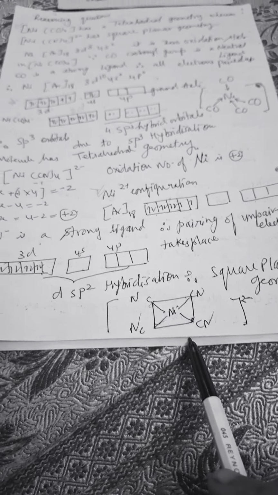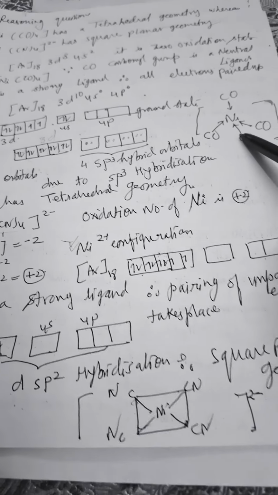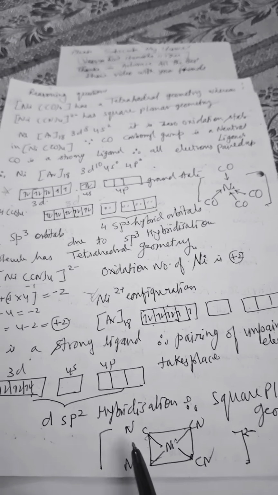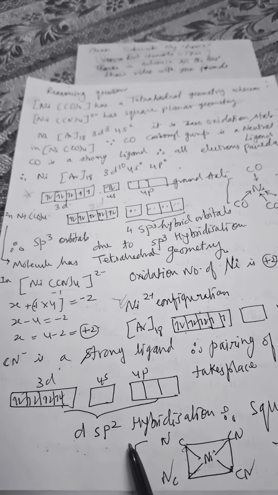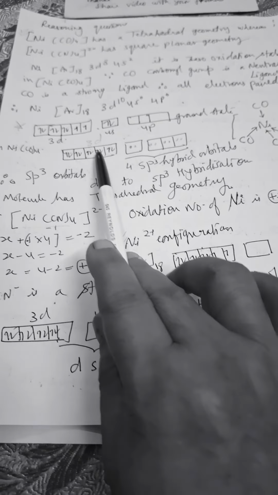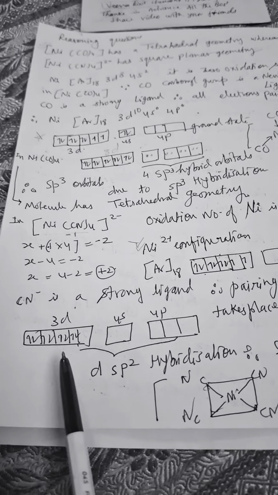So you draw this structure. This is the tetrahedral geometry because of sp3 hybridization, and this is square planar because of dsp2 hybridization. That is why this difference occurs. Paramagnetism, you see, this is not paramagnetic, this is diamagnetic, and this is